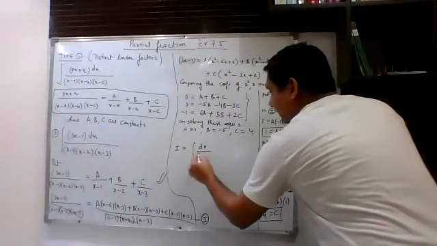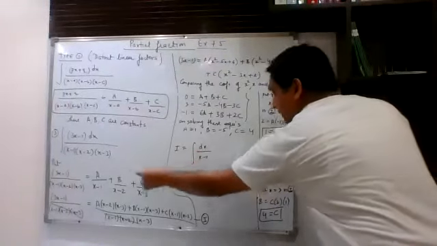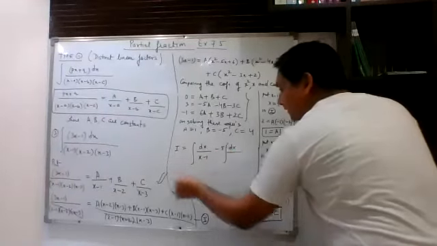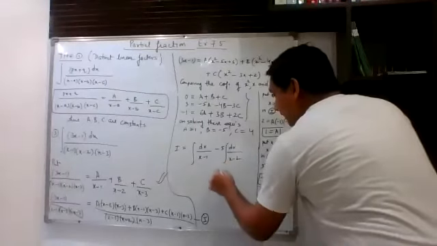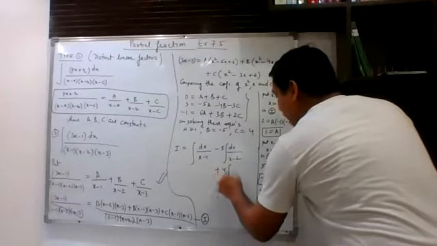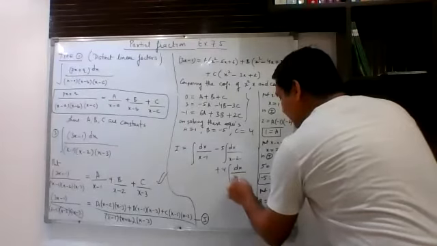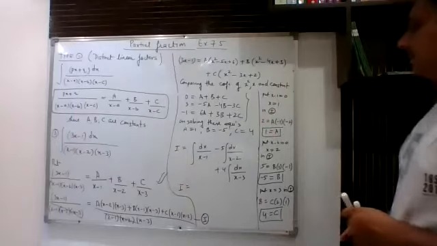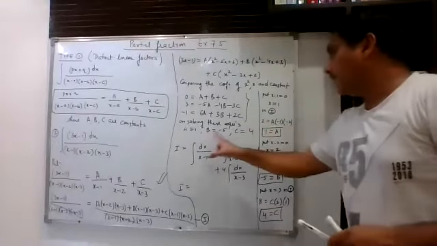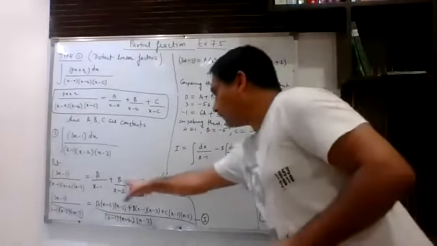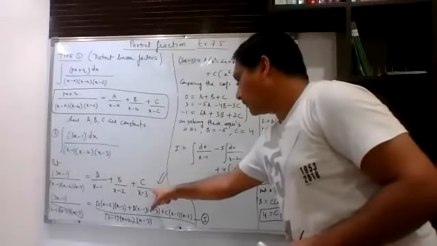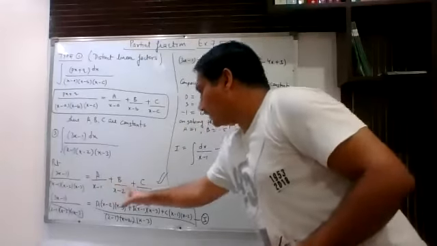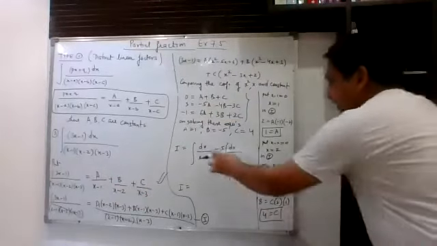So when I put the values, it will become integration of dx upon x minus 1. I had substituted a as 1, b as -5, so that I had taken common. So it is x minus 2, and c is dx upon x minus 3. That means finally you can say, so what we had done, after getting a, b, c, we are using this equation. Here we are putting the values of a, b, c. After putting the values, we are writing this integral as the integration of these three expressions that I had written.